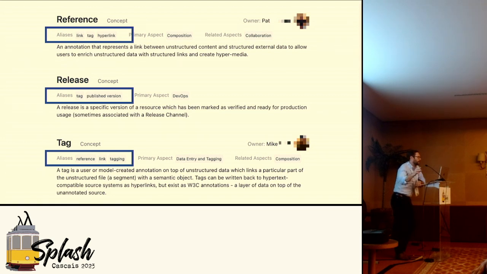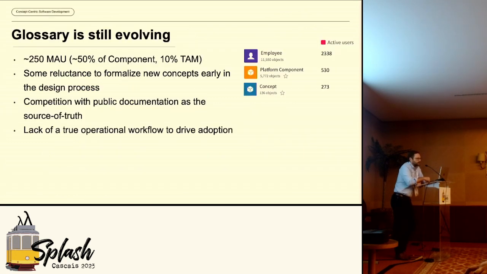And so, again, dereferencing the idea of both what our internal vernacular is and how that corresponds to external vernacular or other products. A classic example would be a chat room and a channel. Whether or not you choose to call it a chat room or a channel, there are other products that use two different terms for that same concept, and so you want to be able to dereference those within the glossary, right, and get to the canonical version. So for us, tag is the canonical version of tag, but many people would use that word to refer to other concepts. The glossary is still evolving.